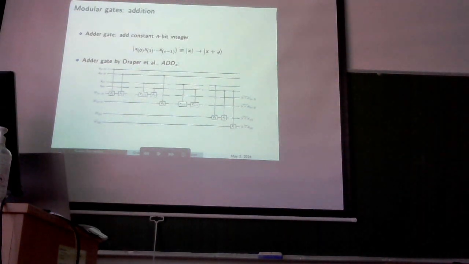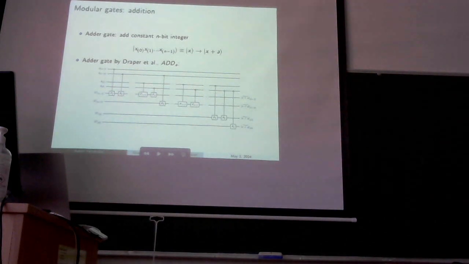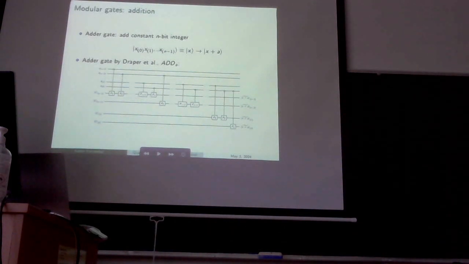Now I'm going to discuss the implementation of the unitary for quantum period finding. The procedure I'm going to follow is that first we're going to start constructing a simple gate which just adds a number, then the same for modular addition, and finally we're going to go to modular multiplication, a step-by-step procedure. There are several ways to construct the unitary. I'm going to follow a particular one to show us an example.